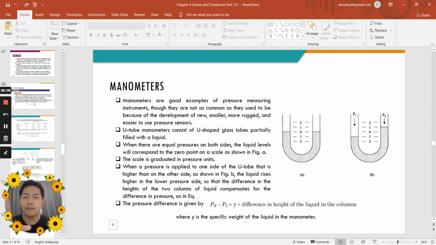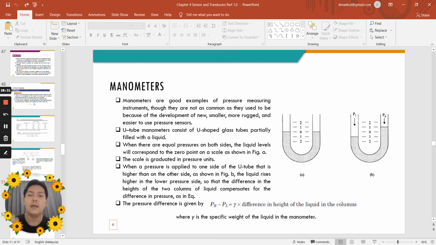So nowadays, manometers no longer gain traction to be used in process instrumentation to measure pressure, because they have been replaced with more sophisticated pressure measurement devices. Okay, a U-tube manometer consists of